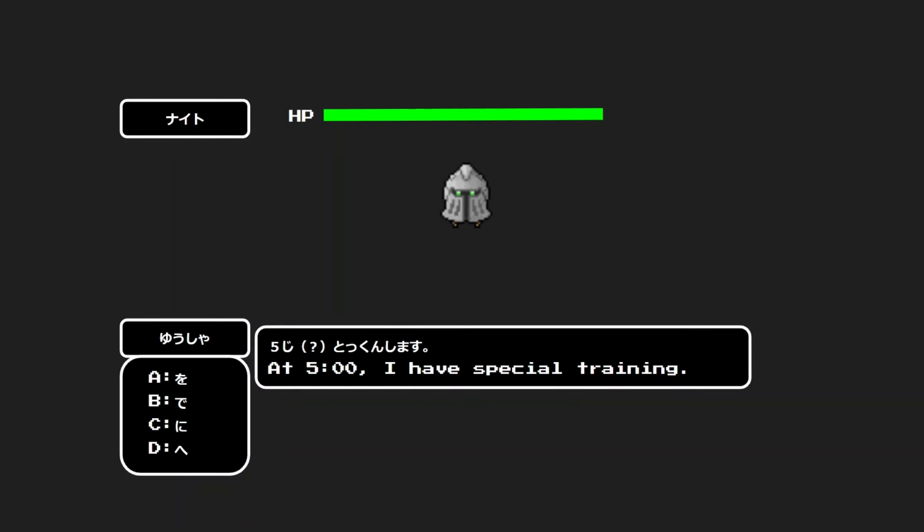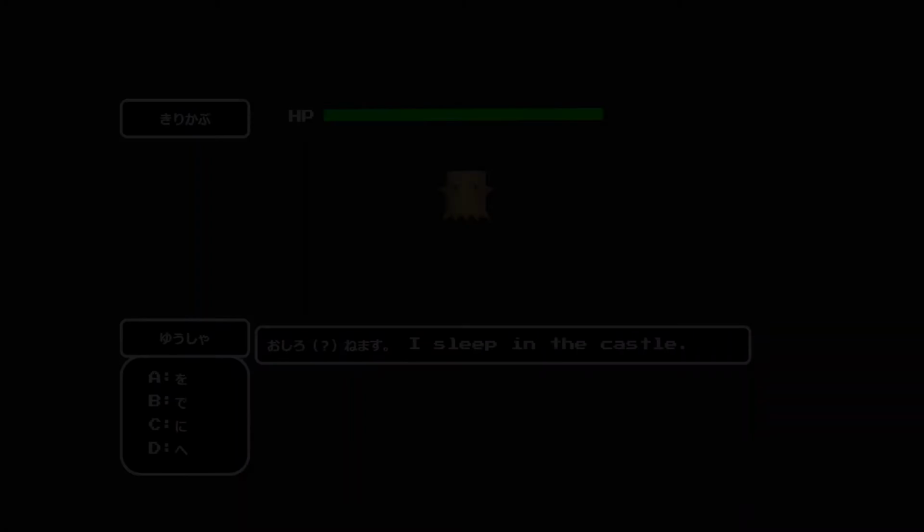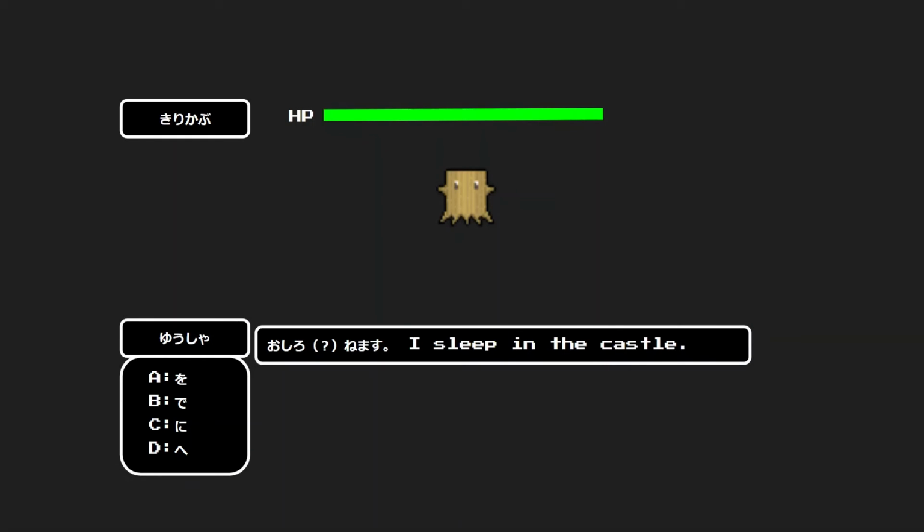Now, what do we have? Night monster. The sentence is 5時特訓します。At 5 o'clock, I have special training. Which particle do you need to use to beat the monster? The answer is に. 5時に特訓します。Because when you have time, you have to use the particle に. 5時に特訓します。